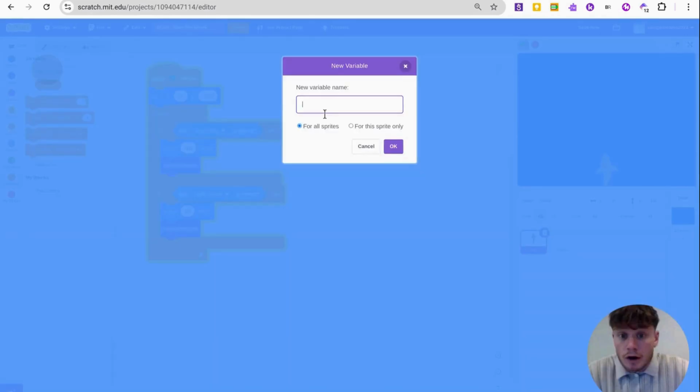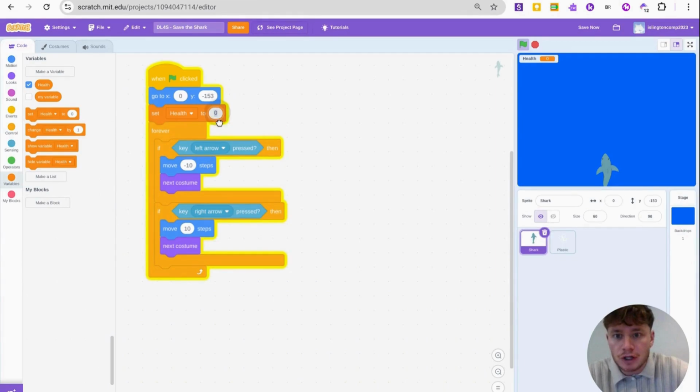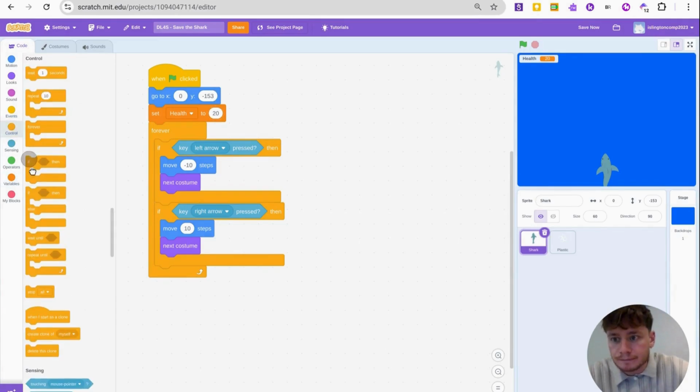Okay, let's create a new variable, and for this we are going to call it health. At the beginning of my game, I am going to set the health of the shark to 20. Let's press the green flag, and you can see that that has worked. Then what's going to happen, I'll bring into control